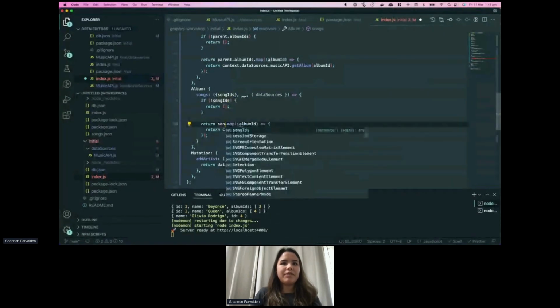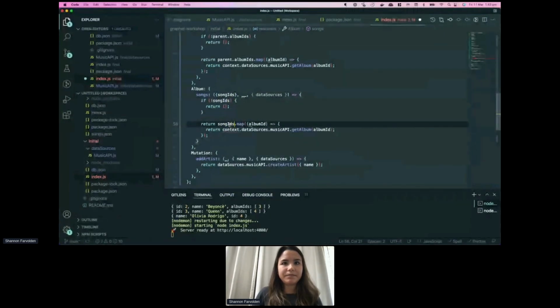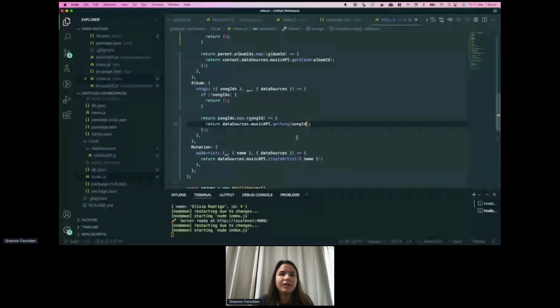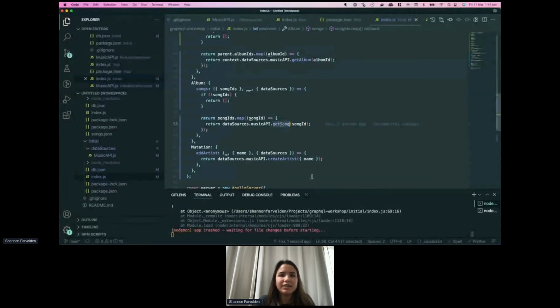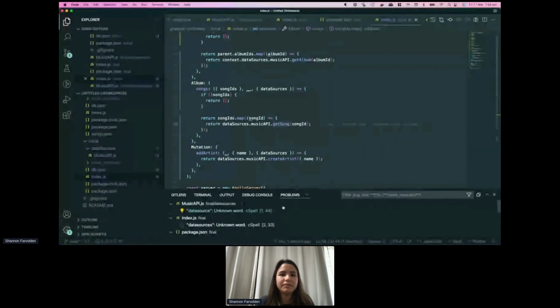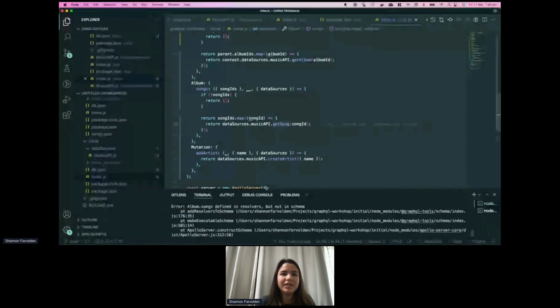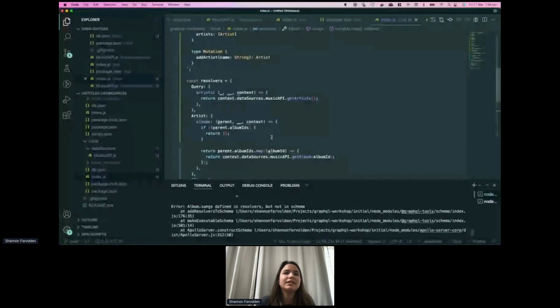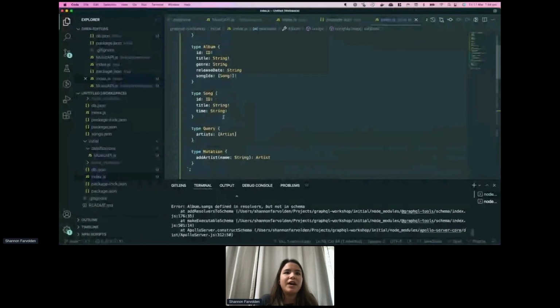So we will map through the song IDs, and for each song ID, we will go to the data sources and get the song itself and pass through the song ID there. This get song, as you can see from the terminal, is defined in the resolvers, but not in the schema. So that tells us to go up. We've got our